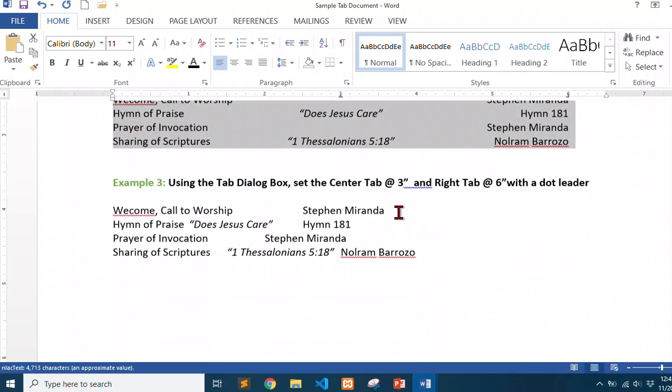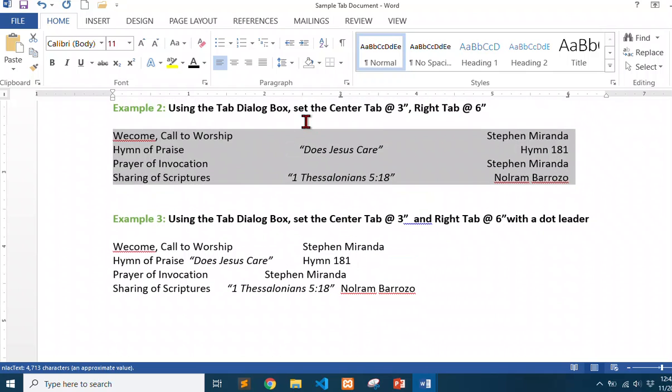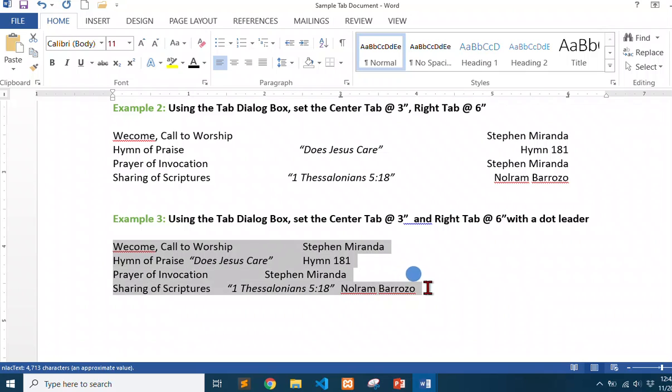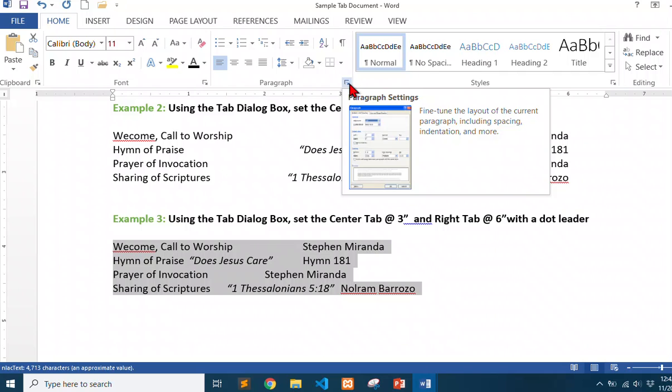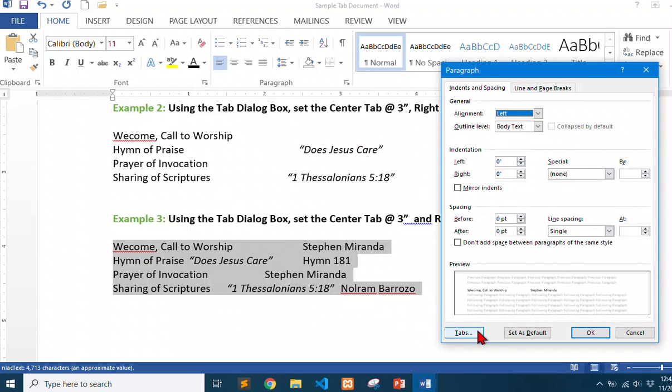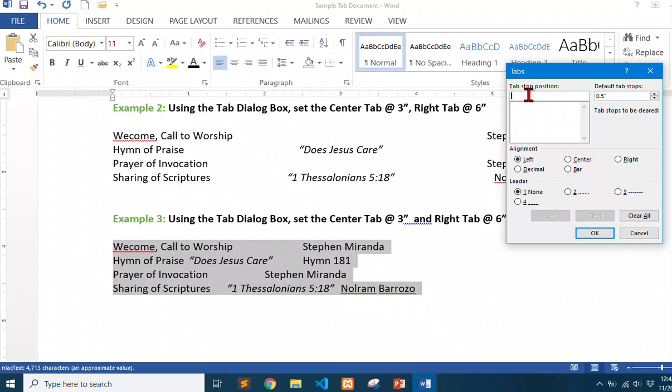For example 3, we have the same type of tabs and tab stop positions, but this time we're going to use a dot leader. So again, select the text, click the dialog box launcher, click the tabs button. So in the tab stop position, type 3, select center, and then select 2.